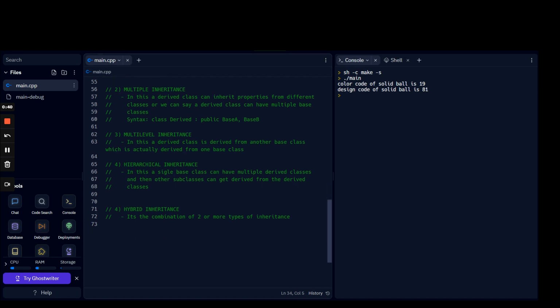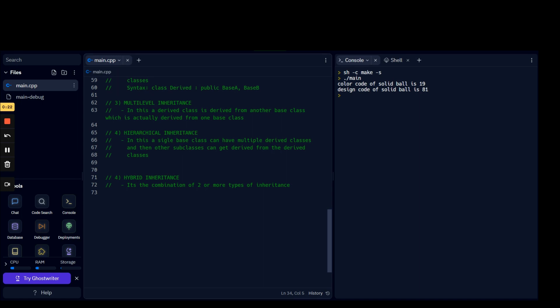In multilevel inheritance, for example, if you have base class 8-ball, then a derived class solid, and a third derived class stripes, stripes will inherit from the solid class, so it will be multilevel inheritance. Now in hierarchical inheritance, there's a single base class that can have multiple derived classes, and then other subclasses can get derived from the derived classes. Now the fifth one is hybrid inheritance. In hybrid, it's a combination of two or more